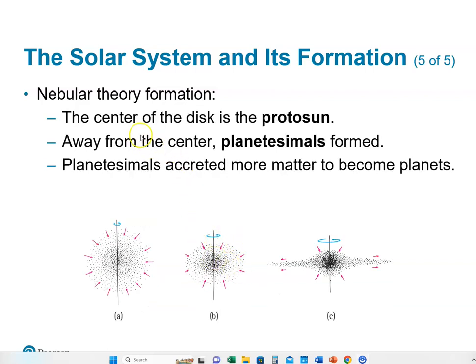All right, so as the collapsing nebula gets smaller and the matter falls in, it begins to heat up, and that is what's called a protostar, or a proto-sun if we're talking about our sun. So this is a little more than 4.5 billion years ago, before the sun turns on. And by the way, when the sun actually becomes a star,